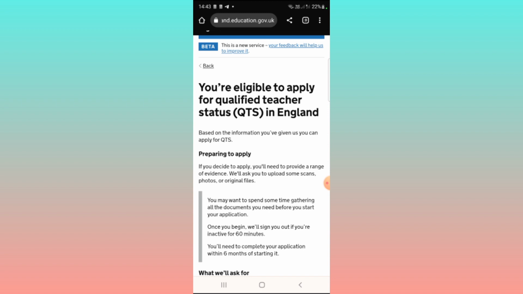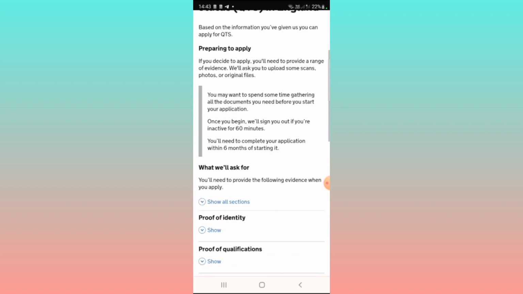So that they will know if they will give you your QTS also if you qualify. But for this route which we are specific about today, you don't need to pay any money, just to clarify that. Now they will tell you that